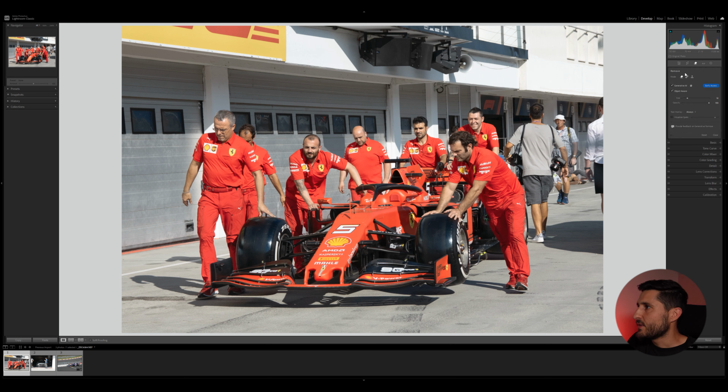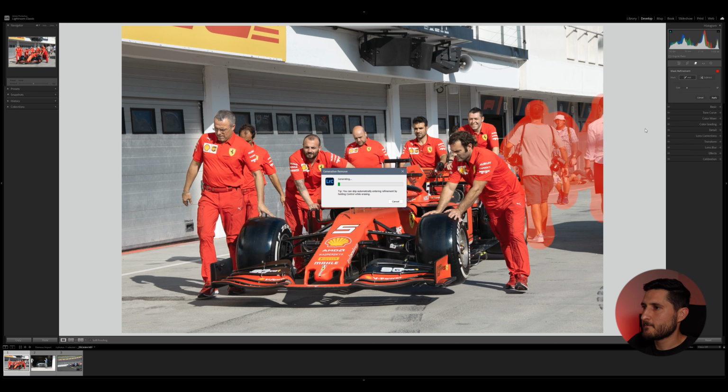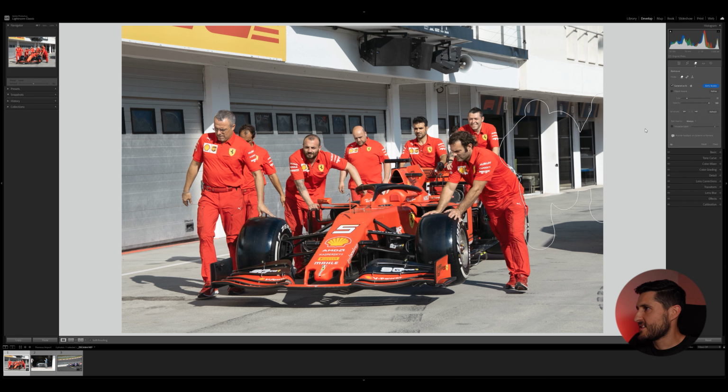Let's go over to the remove tool once again. I'm going to once again select my 3 people. Actually, it's 4 people because there's someone laying on the floor right there. And let's try to remove them. Apply. Let's see what Lightroom comes up with in this particular selection. It's a bit more difficult because obviously there are different parts of the pits in the back, but that's really excellent. I'm really impressed with this particular generation. Let's see different options,